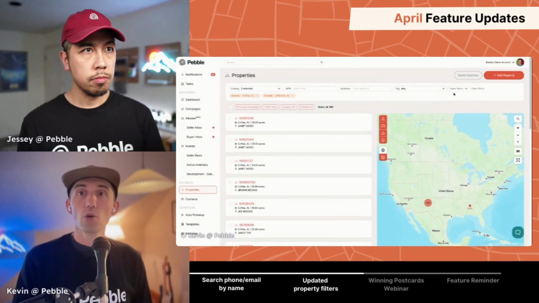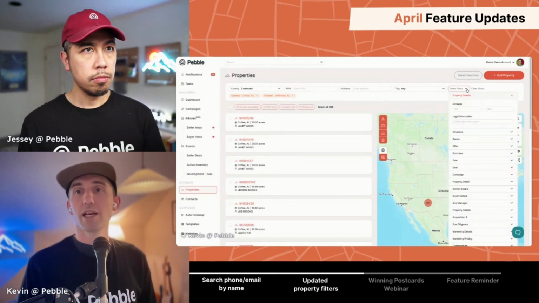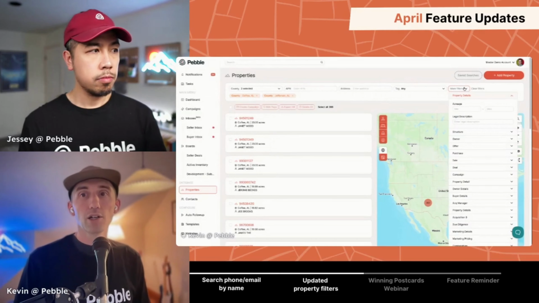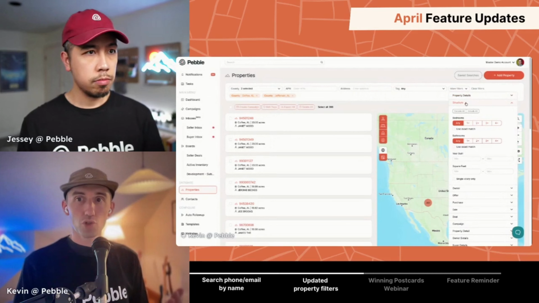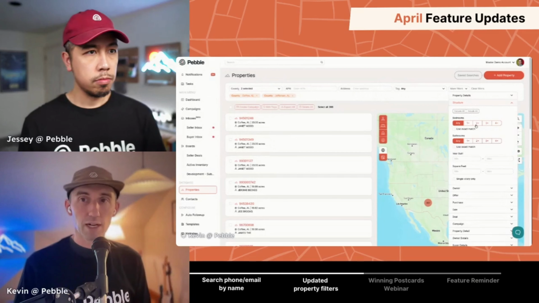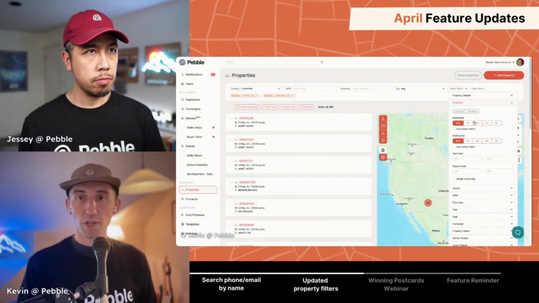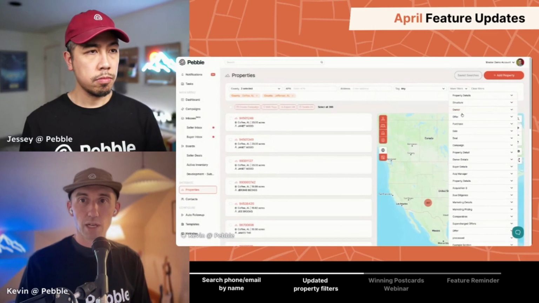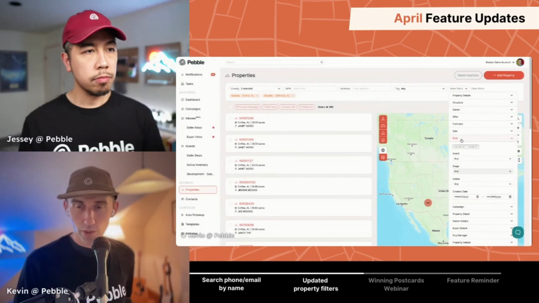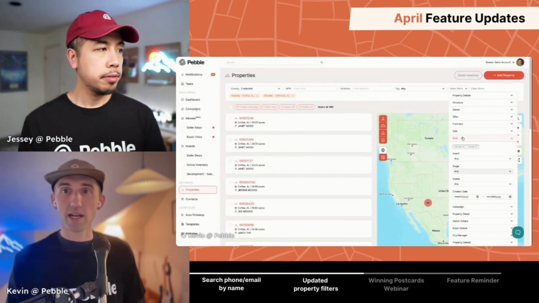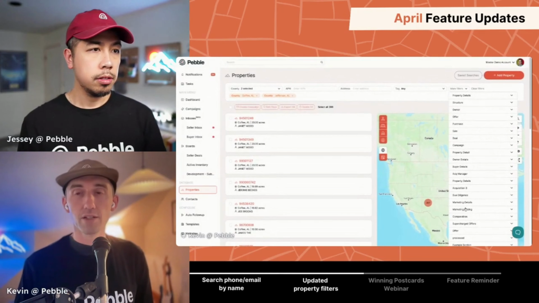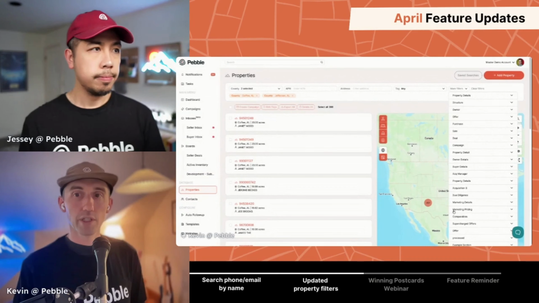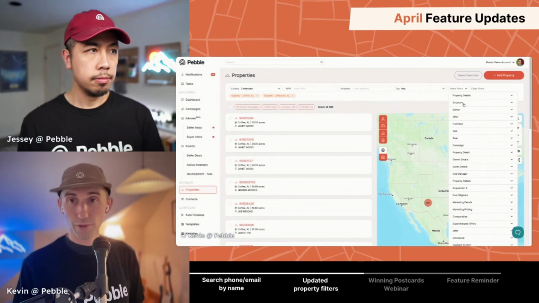In addition, we have all of the other filters, and this is where things get really powerful, down here under the more filters panel. So I can search by acreage, structure details. So if I'm going after houses and I want to look specifically for two-bedroom houses, I can do that. I've got owner details. I can search by all of my buyers. I can search by phone number, name, any sale data, deals, whether a property has a deal, if it's in a certain stage, and then all of my custom fields here as well. So all of those things are available here